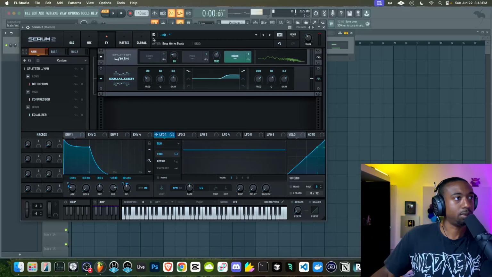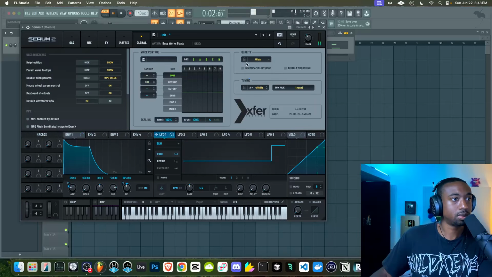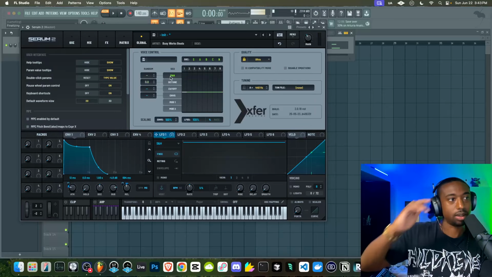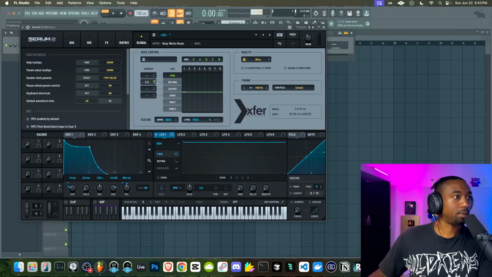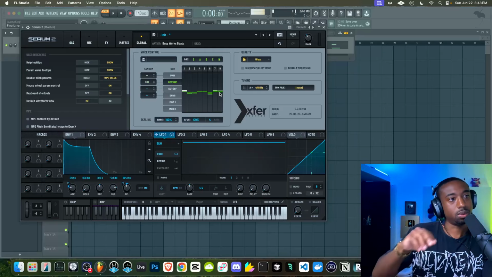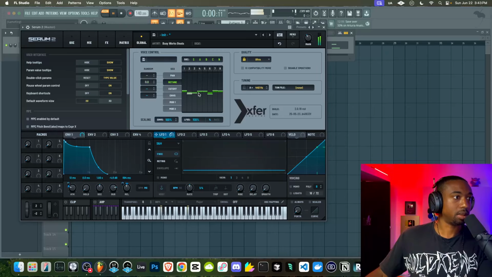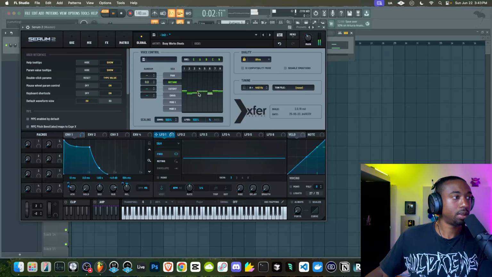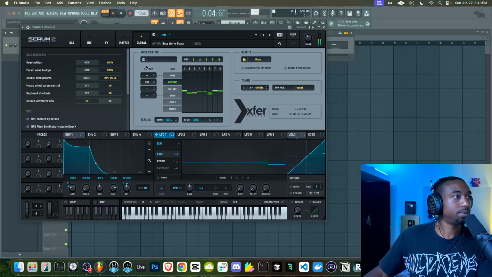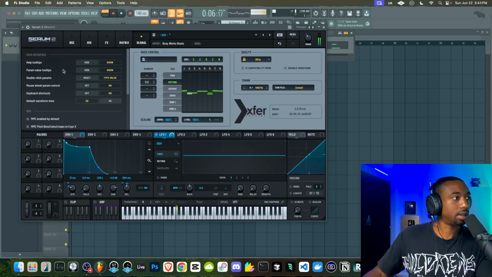Let's watch that main output. Let's also make sure this is on ultra mode. One thing I forgot to show you guys, my bad, is if you go to the global tab, go to the detune knob, and basically you can click randomly over here and it will detune each. It will basically, every time you hit a key, cycle through this and detune it separately. Creates a nice lush sound.